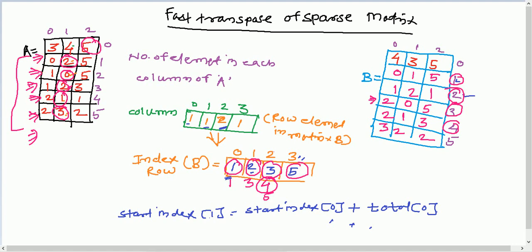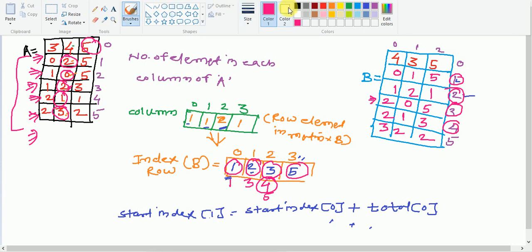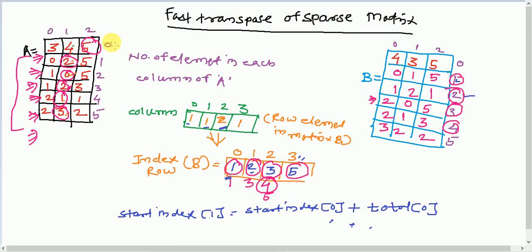Again, I'll repeat all the steps for all of you so that you can understand it very clearly. See what we have done basically. First of all, we have given a matrix. Then we traverse this matrix and find the number of elements from each particular column. There are 4 columns here, so we make an array of 4 elements: 0th index, first index, second index, and third index for each column. Then we find out how many elements there are from the 0th column, from the first column, from the second column, and from the third column. Okay, so that we have found here.